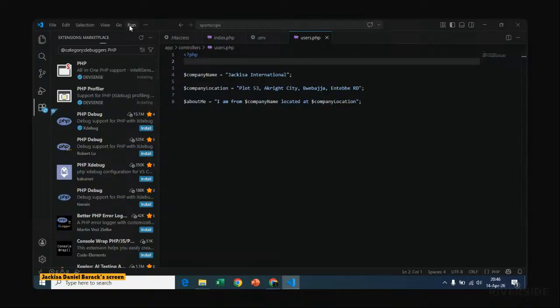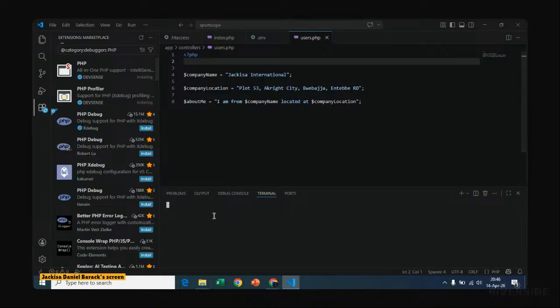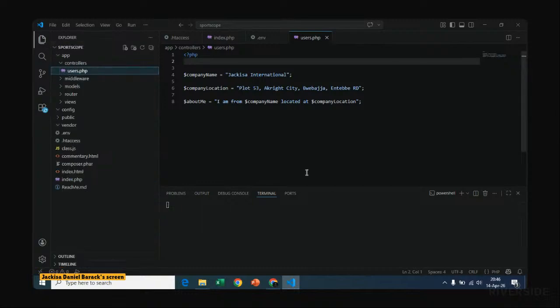Anyway, let's find a terminal here, there it is, perfect. If we are to wait for this terminal to run,